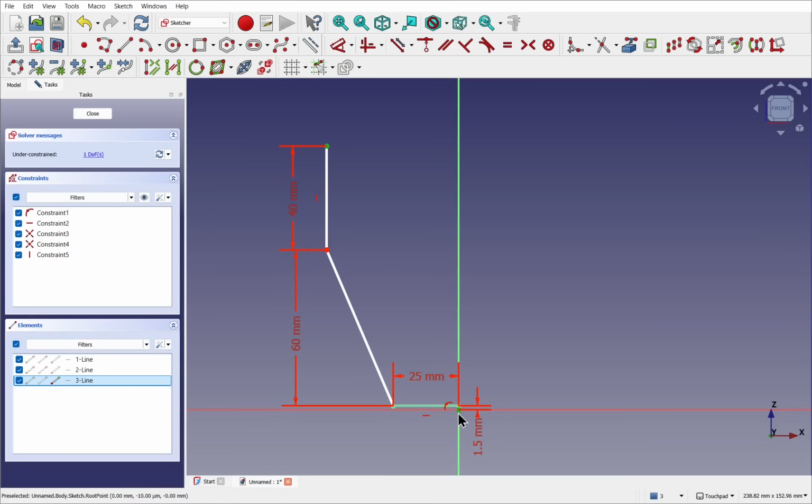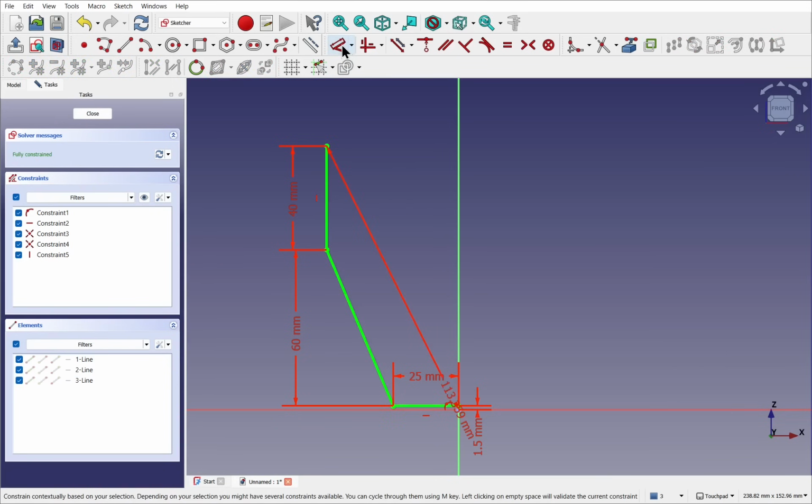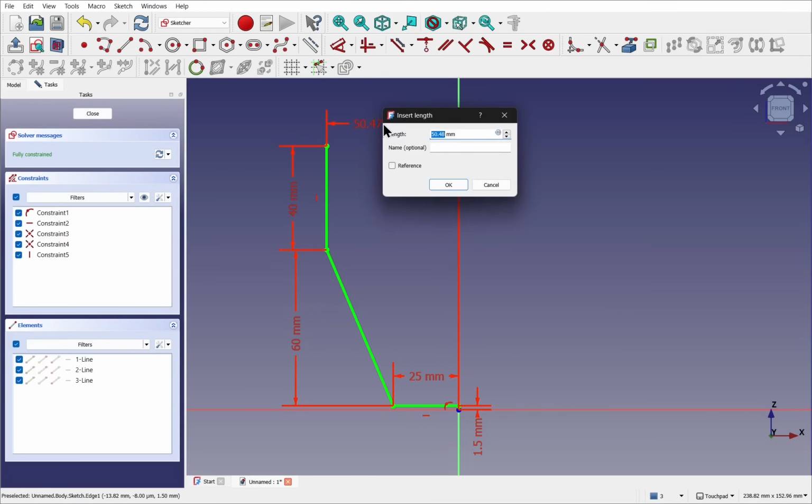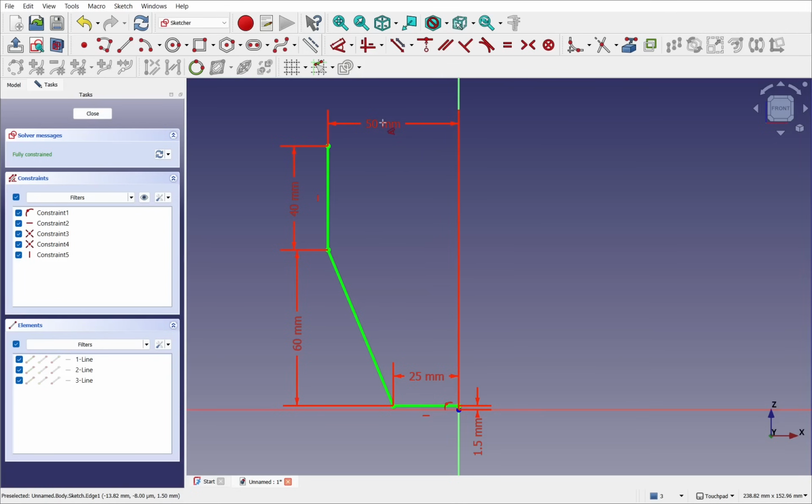I'm going to do it a different way this time. So I've selected the points first and add the dimension tool. And we'll move this up to the top, click to drop the dimension and set this to 50 and hit enter. So we're fully constrained and we have the sketch for the revolve,